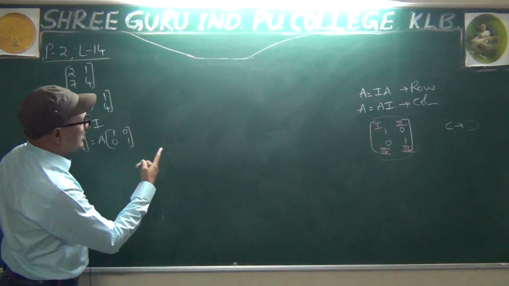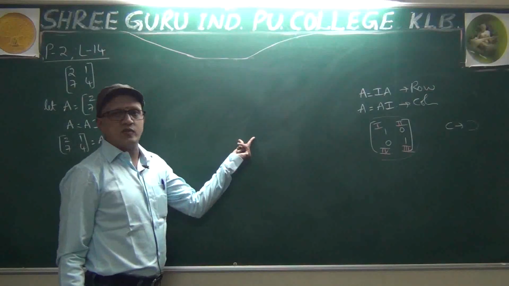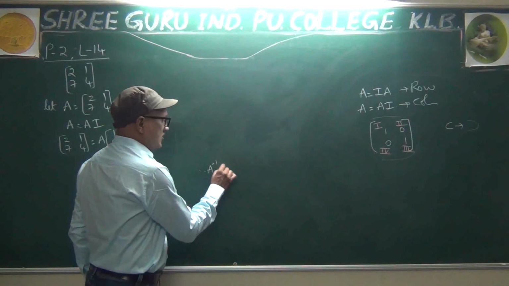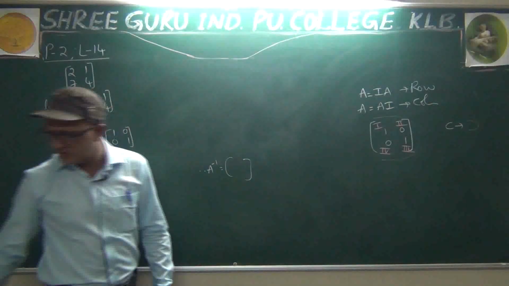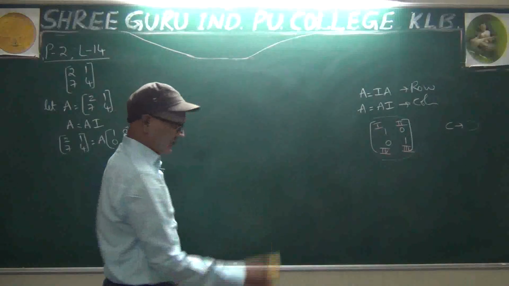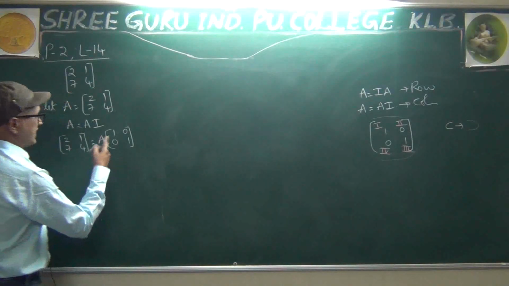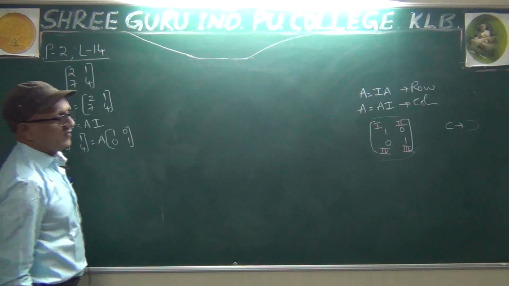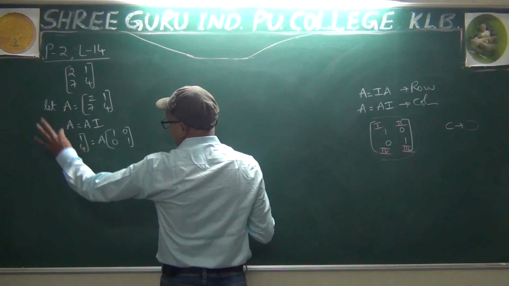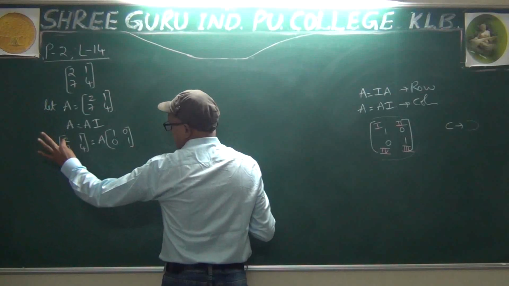In the last class, in the last question, we forgot to write therefore A inverse equals to. Whatever the answer we got at the last step, we have to write it compulsorily for every question. Therefore, A inverse equals to that matrix. Now 2174, A, 1001. Our first target is to bring 1 at the first place, at this place we want one.